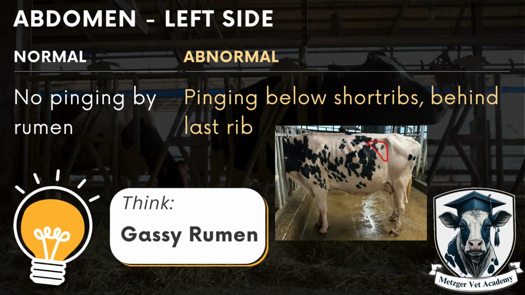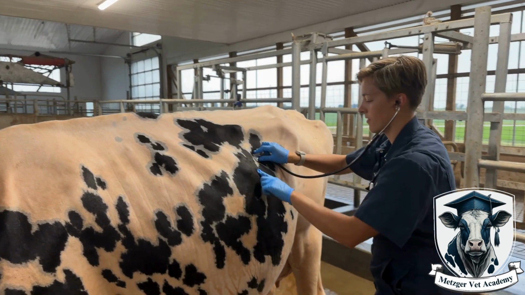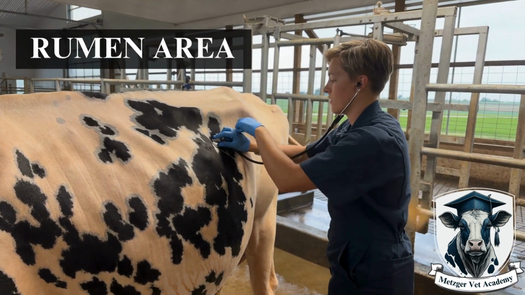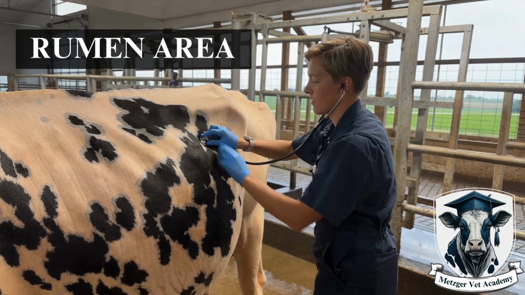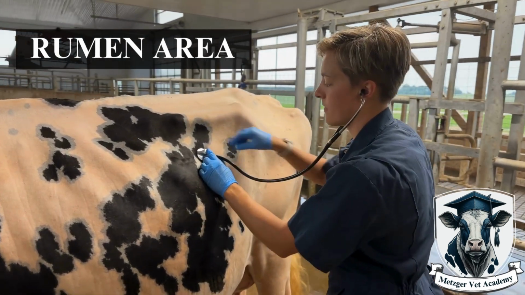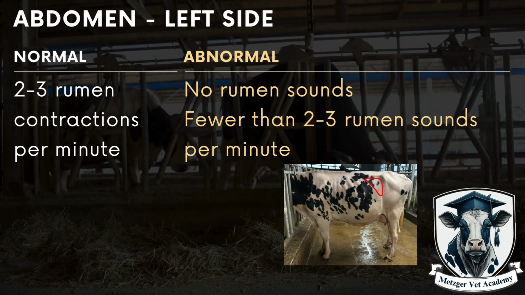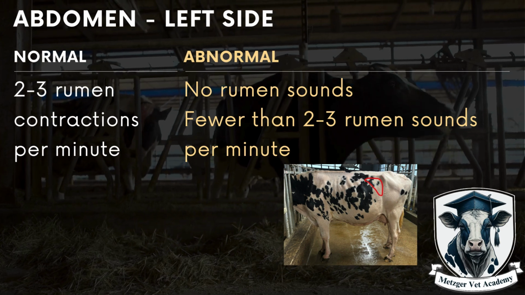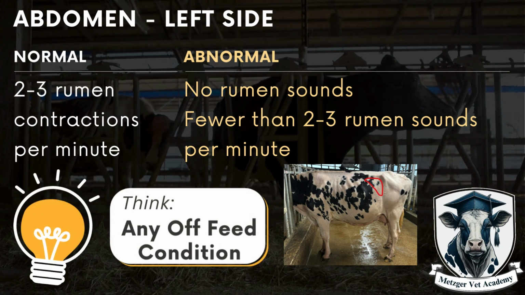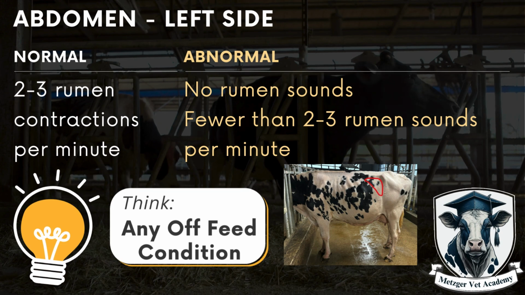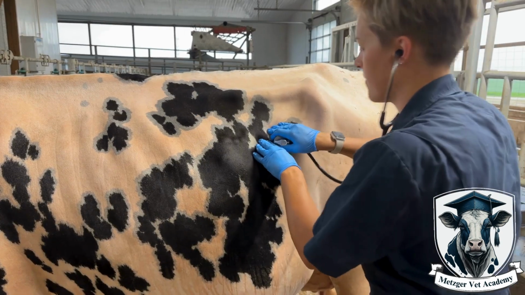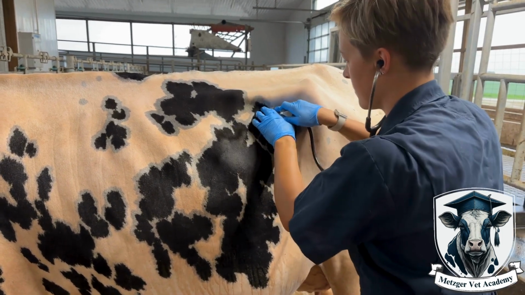The next thing you'll want to check on the left side is how the rumen sounds. Many people will be able to use rumination monitors to see how well a cow is ruminating, but if you don't have that, you can also listen to the rumen here. You can expect a healthy rumen to roll 2 to 3 times per minute. While you're listening to the rumen, you can take a look at the rumen fill to see if the animal has been eating well. A healthy animal will have good rumen fill in the area below the short ribs and